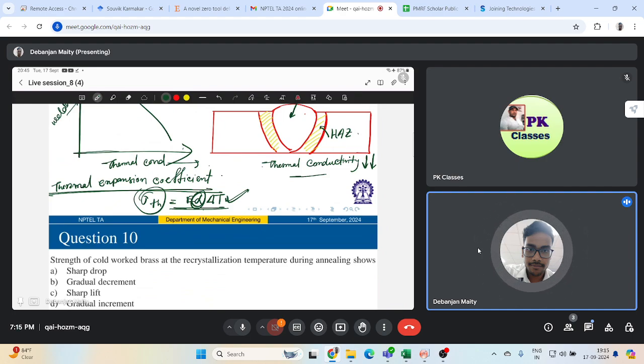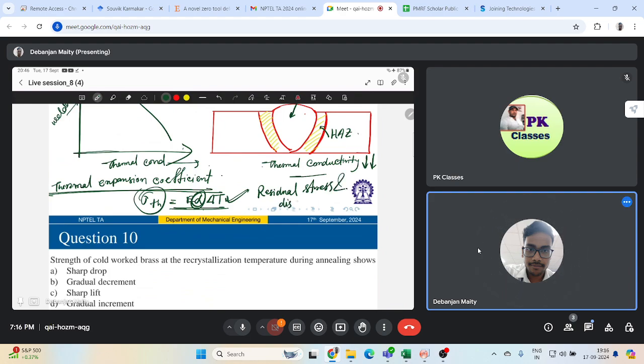So the thermal expansion coefficient of the metal will affect what? The residual stress and distortion tendency of your weld joint, right? That is the main parameter that will govern whether your residual stress is very high or not, whether your residual stress is tensile in nature or compressive. Those things. That aspect we have covered in our earlier lecture, right? So this will affect my residual stress